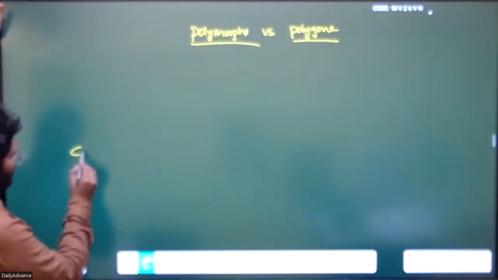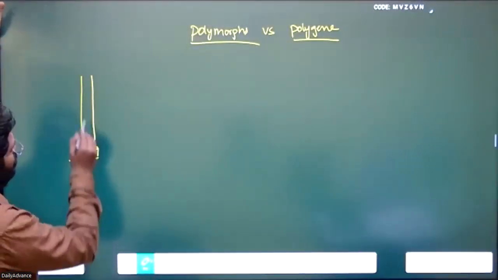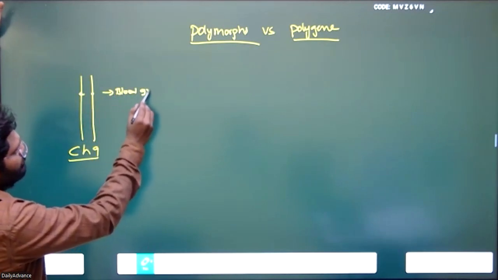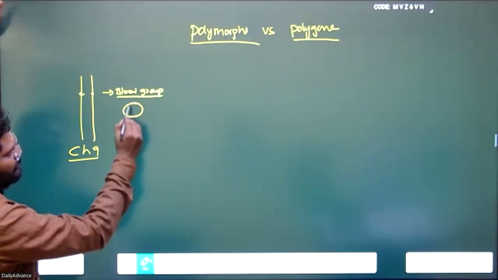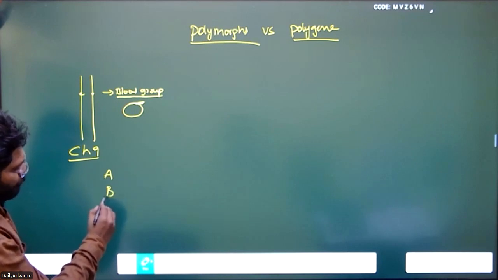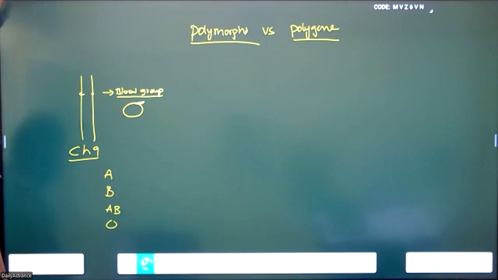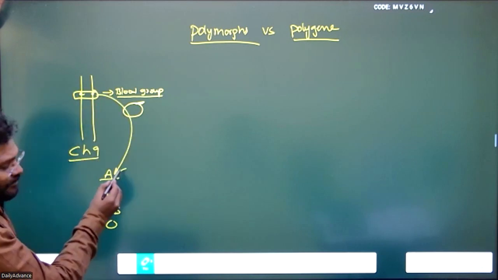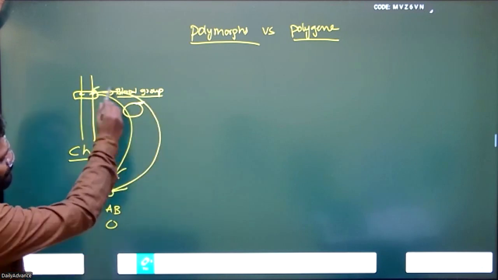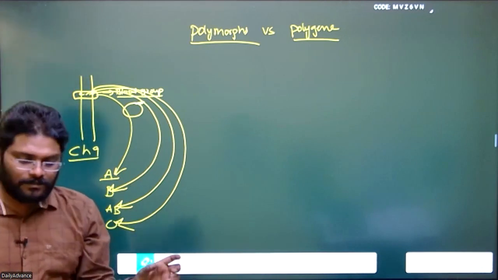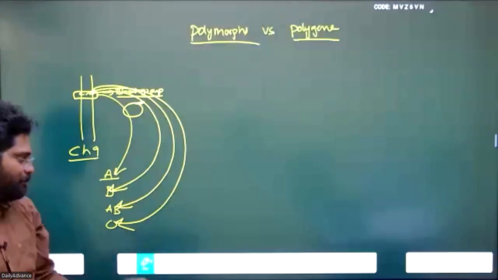See, on the chromosomal 9th pair, one of the loci is responsible for blood group formation, or the antigen present on the RBC cell surface. Human beings are classified into A blood group, B blood group, AB blood group, O blood group. Understand? In some individuals this loci is A, in some it is B, some AB, some O. That means the same loci has four phenotypes